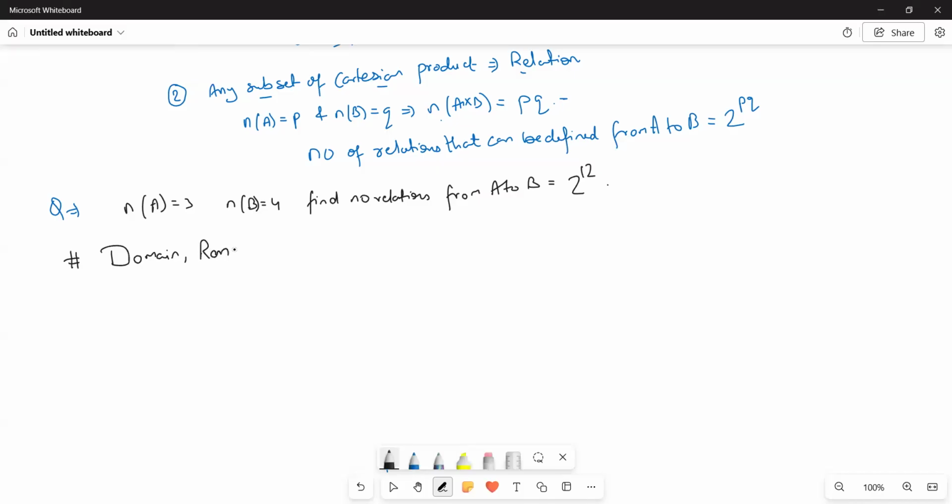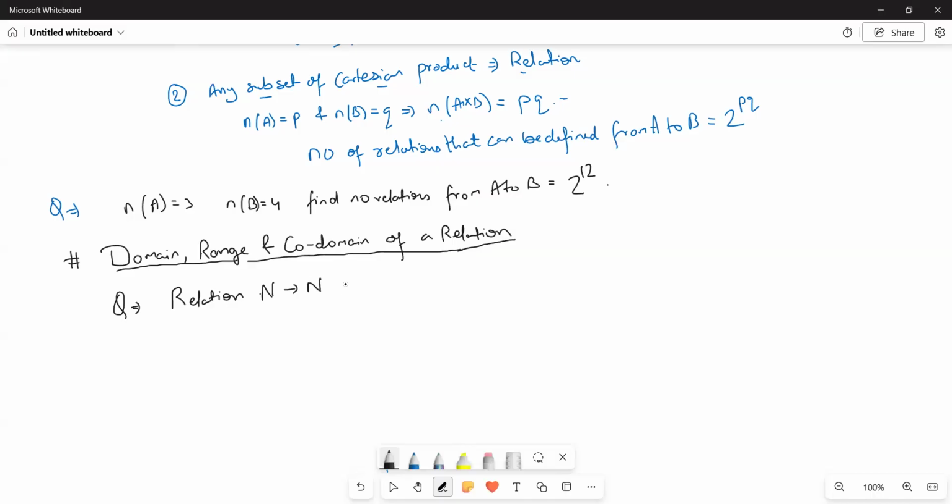Domain, range, and codomain of a relation. Next topic, domain, range, and codomain of a relation. Okay. So let's say we have a scenario like this. We are given an example that we are defining a relation from natural numbers to natural numbers